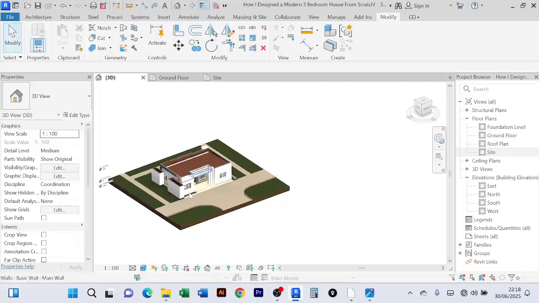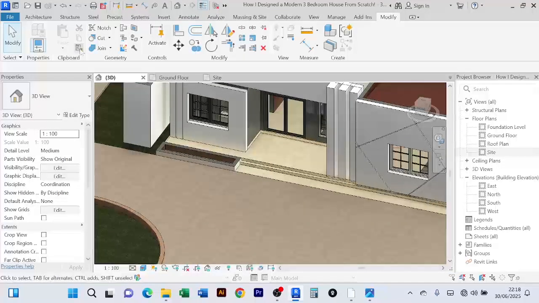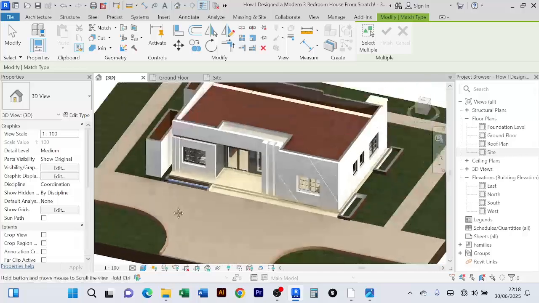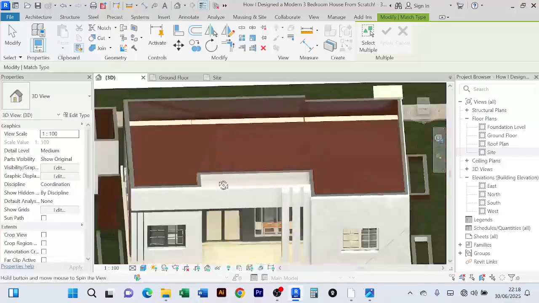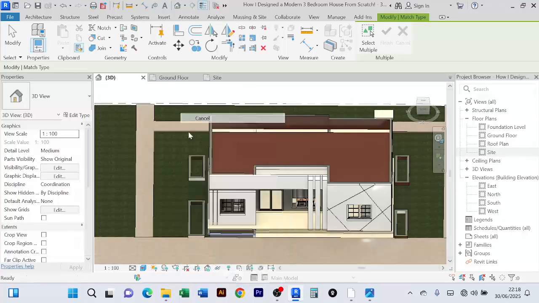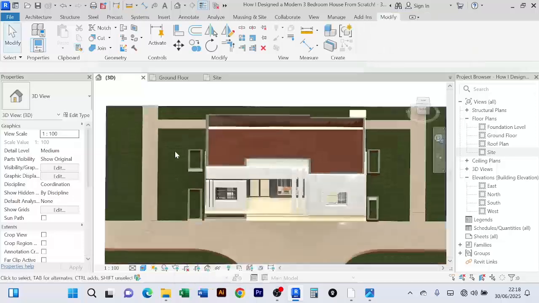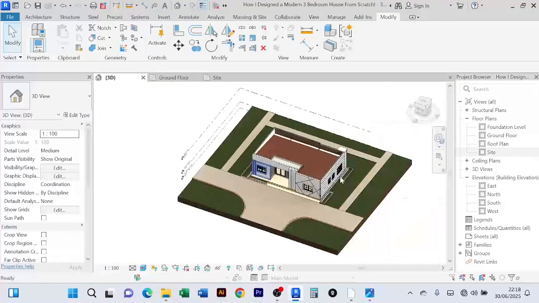So when we come to the 3D, we shall just match properties. We come to this match properties, we click on this one, we match them to this, just like that. Now we have planters on this side, that side,